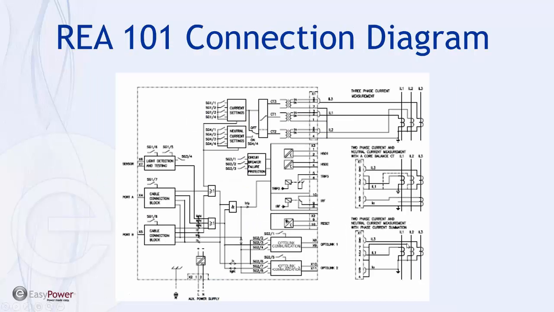This right here is the connection diagram showing how those switches are situated in basically what's a logic block diagram. And when I was going through this and trying to understand how the different applications work, this is a very useful diagram. It allows you to trace all the different current and light and trip signals from device to device to determine, to predict how the system's going to behave. So it can be a good troubleshooting tool, and also can be a good tool just to understand how the